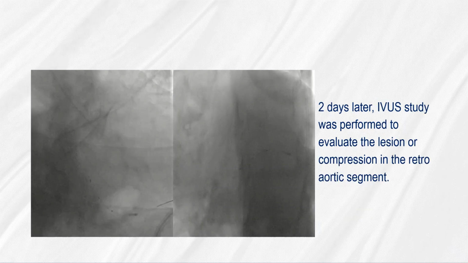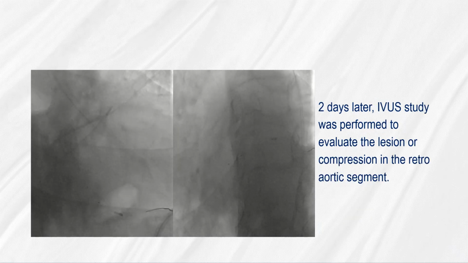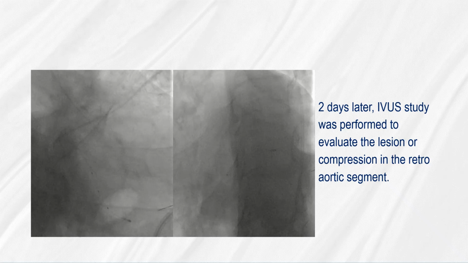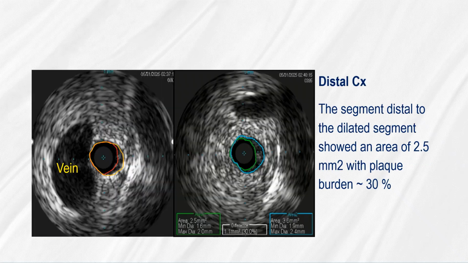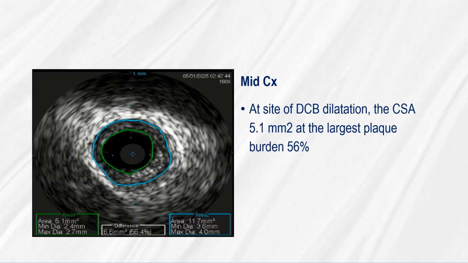2 days later, IVUS study was performed to evaluate the lesion or compression in the retroaortic segment. The segment distal to the dilated segment showed an area of 2.5 millimeter with plaque burden about 30%. While at the site of the drug-coated balloon dilatation, the cross-section area was about 5 millimeter square at the largest,